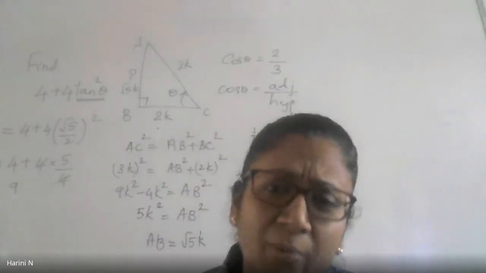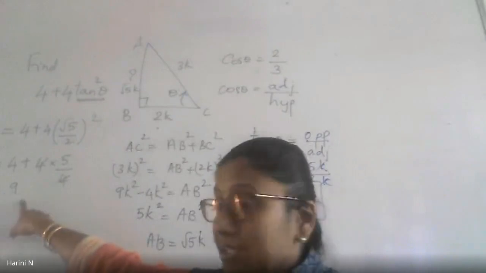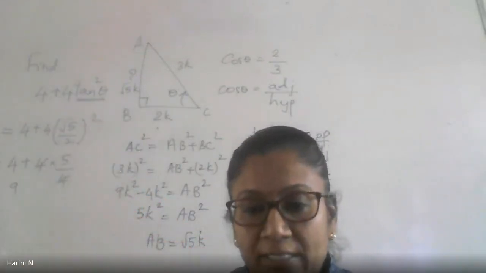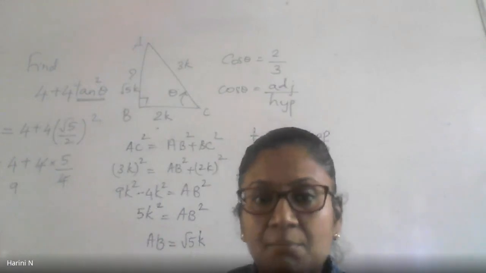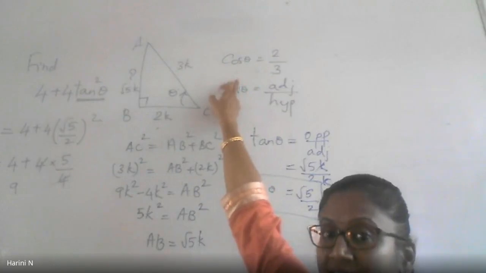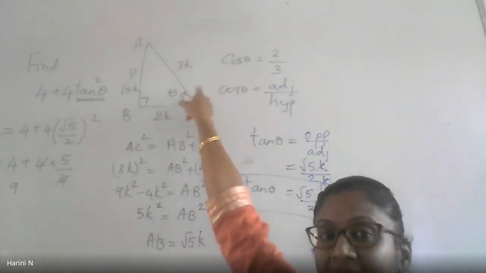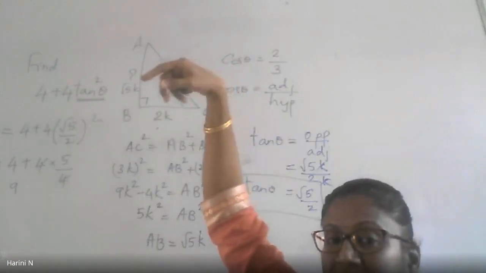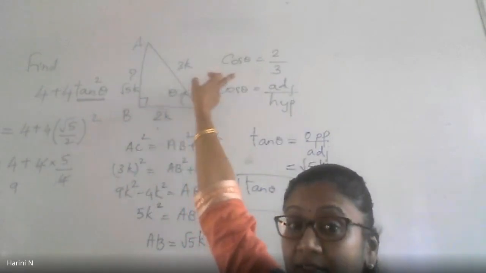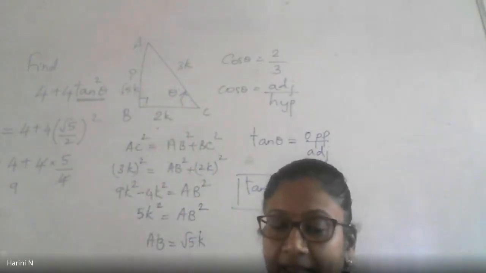Yes, this is a 1 mark question, my dear. You have to show this working and tell how you got this, or you have to apply your identity. You should know 1 plus tan square theta equals secant square theta. Because cos theta is given to you, from this cos theta you will find out secant theta, which is the reciprocal of cos theta, which is 3 by 2. Then apply that 3 by 2 for the secant theta value. Take 1 plus tan square as secant square, which is 3 by 2 the whole square. Multiply it with 4, you will again get back the same answer.